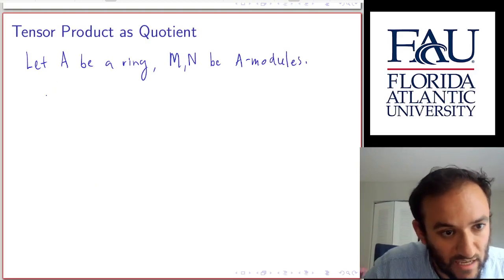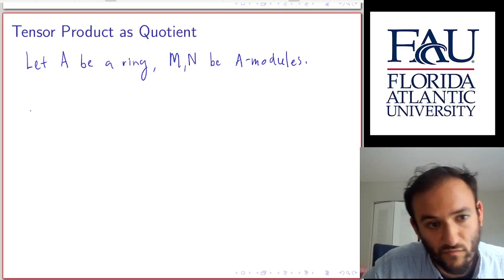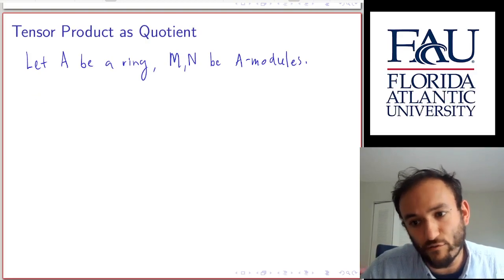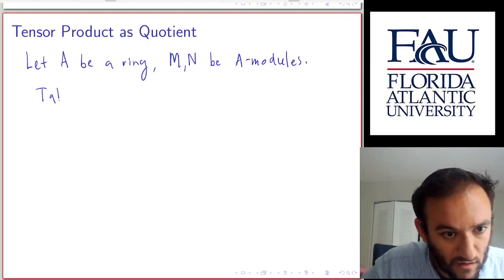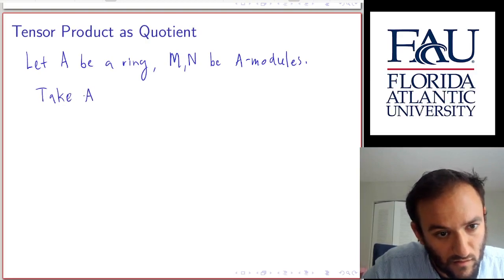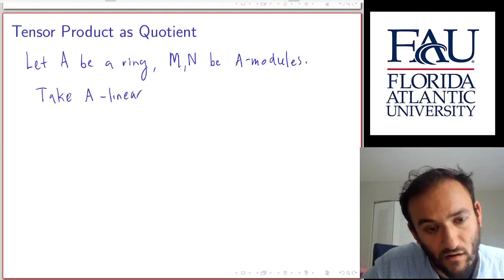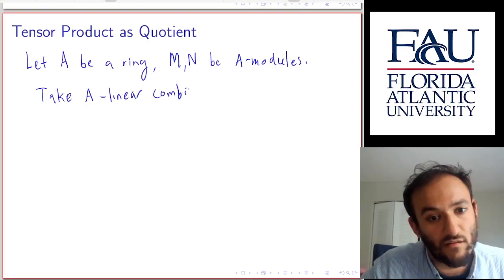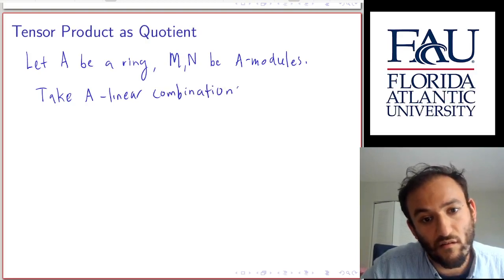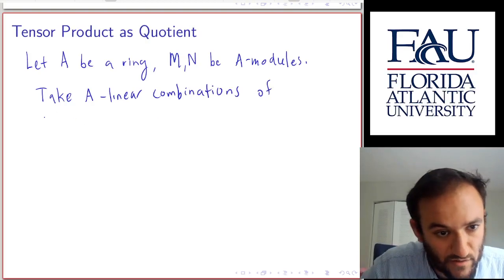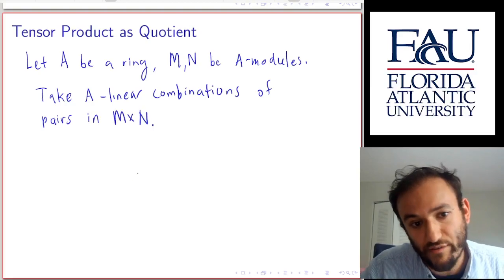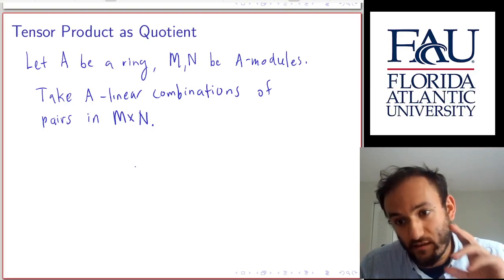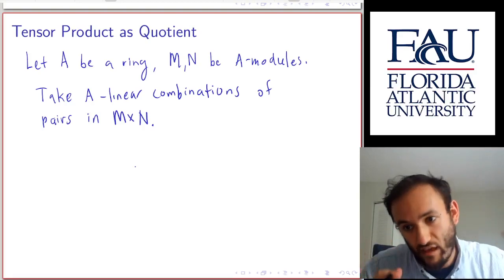We're basically going to take A linear combinations of pairs in M cross N. Okay, so just thinking about this set-wise as the direct product of sets M by N,